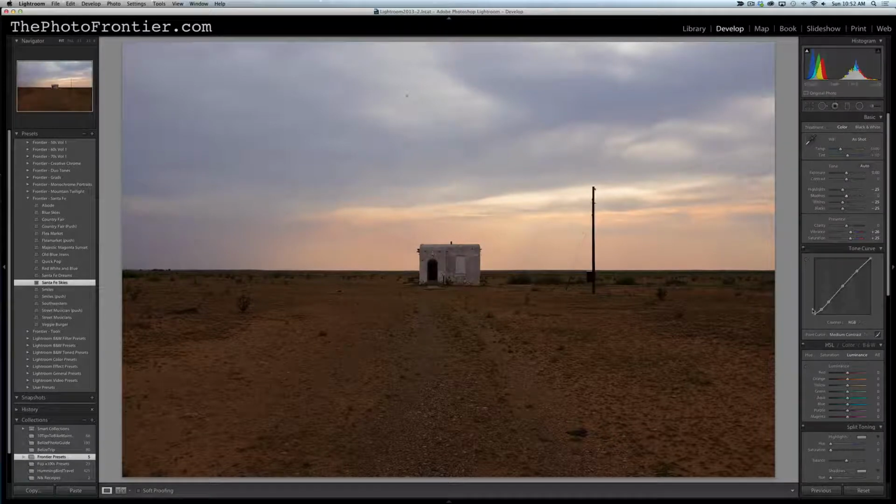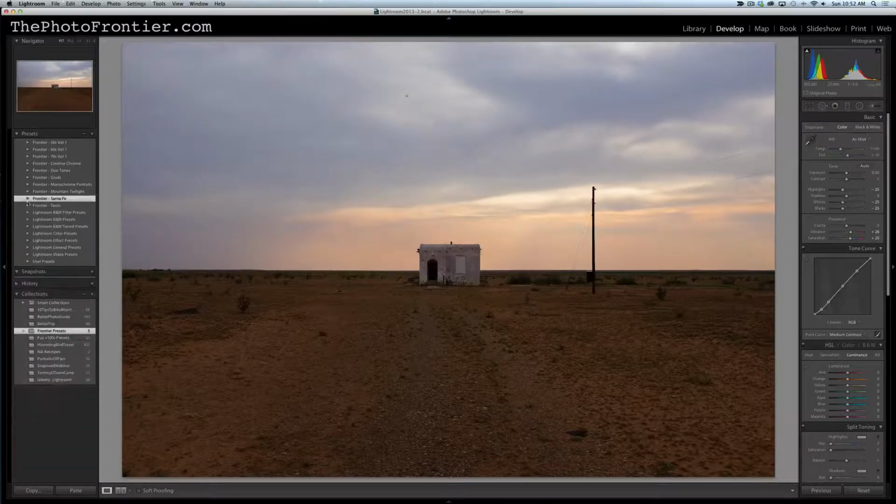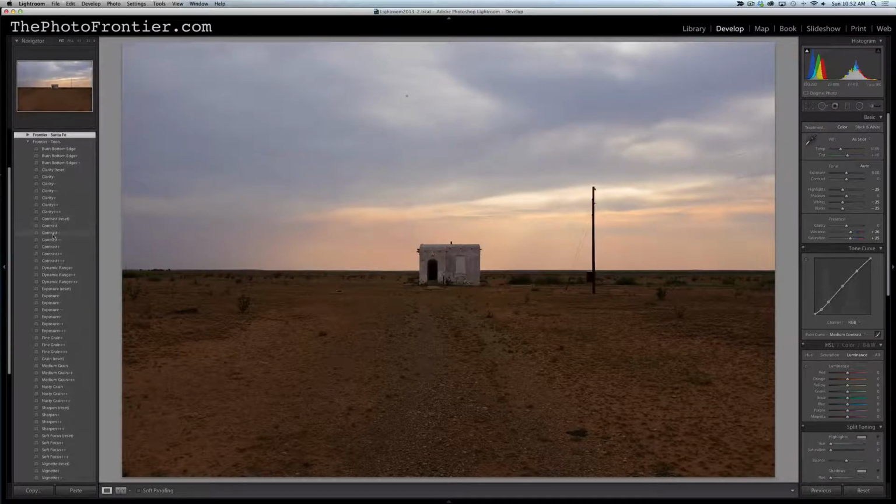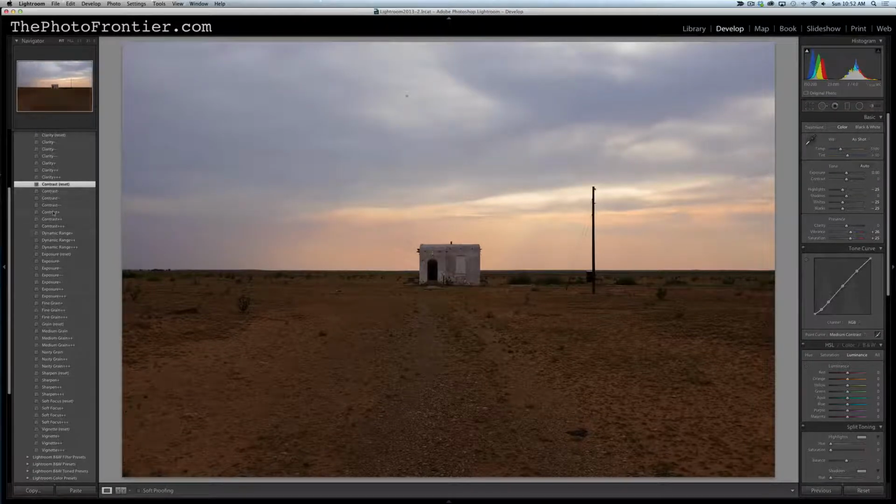You can definitely go over to your develop module and do as you like, or you can jump into our one-stop shop here and use some of these targeted global adjustments. So if we want to maybe add a little more contrast to it, just do contrast plus. If we want to reset the contrast, we can do that. So let's go back into contrast plus,